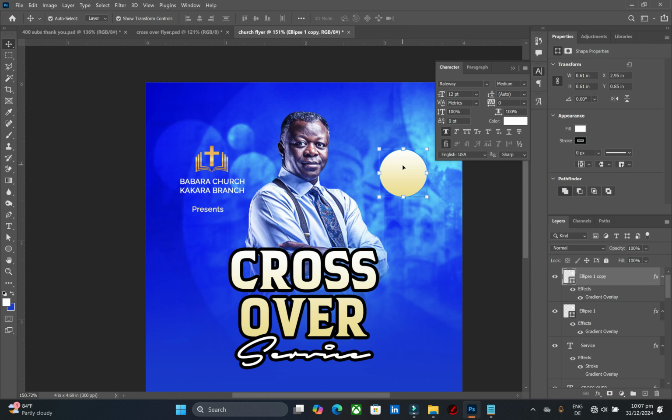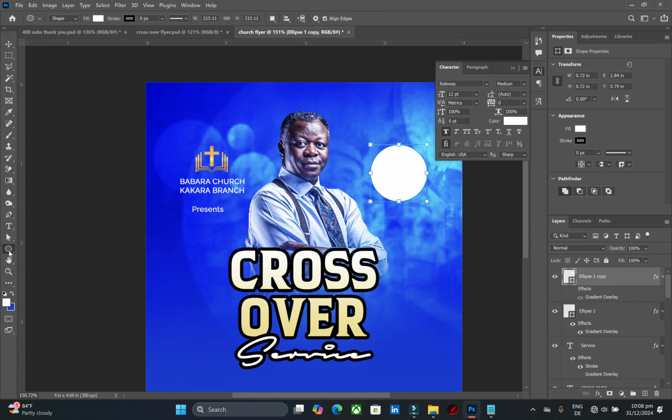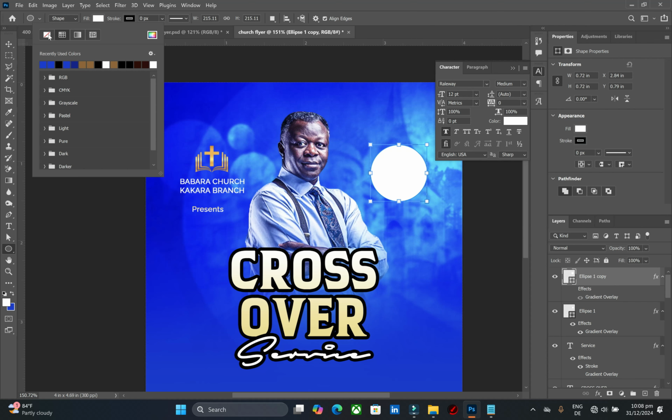Ctrl+J to duplicate the circle or the ellipse. This time I don't want the circle, I want just a portion of the circle to create a design around the main circle. So I will scale it up a little bit like this, and then turn off the effects by coming to the layer of that circle. So I will click off the effect like this, and I'm going to create a stroke. This one I'm going to turn the fill to no color like this, and